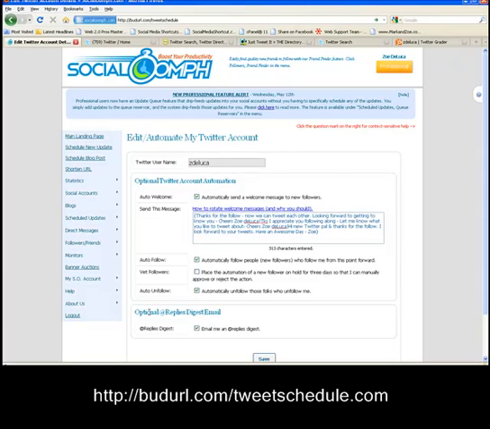The next step down is optional @replies digest email. An @replies digest is when someone speaks to you on Twitter or about you on Twitter or retweets something you've said on Twitter, they put the @ symbol, your username. So for me, it would be @ZDeluca. And Social Oomph will actually form a digest of all the @ZDeluca replies and mentions for the day and email